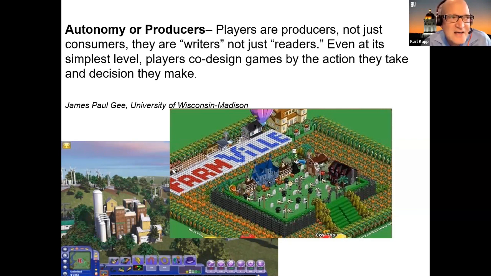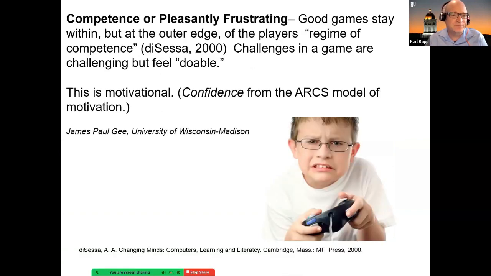So that's where, as a player of a game or a gamified experience, you're actually kind of writing. You want to give the learner freedom to kind of self-express within the game, and the sense of co-designing in the game. So you want to give learners and players room to move when they experiment within the game. It becomes really important to get them motivated to play.